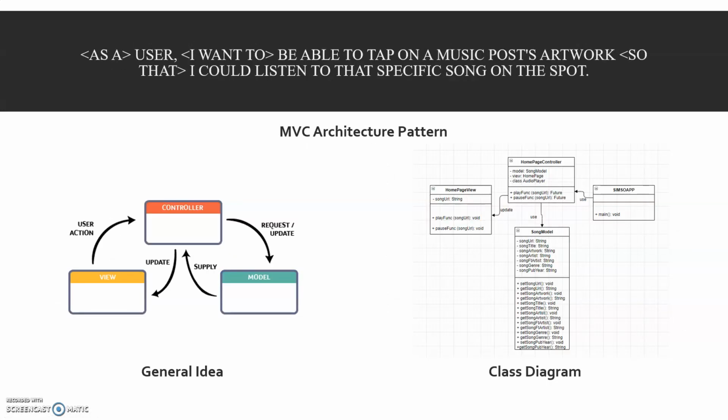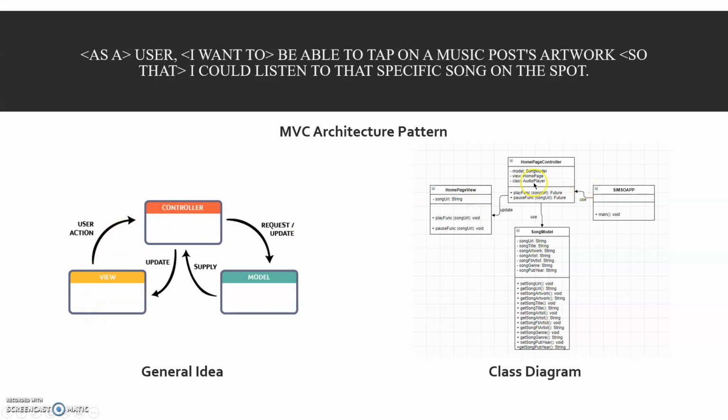So as a user, I want to be able to tap on the music post artwork so that I could listen to that specific song on the spot. This child user story uses the MVC architecture pattern because the functions for playing a song are all based in the controller. The view has two functions that call the